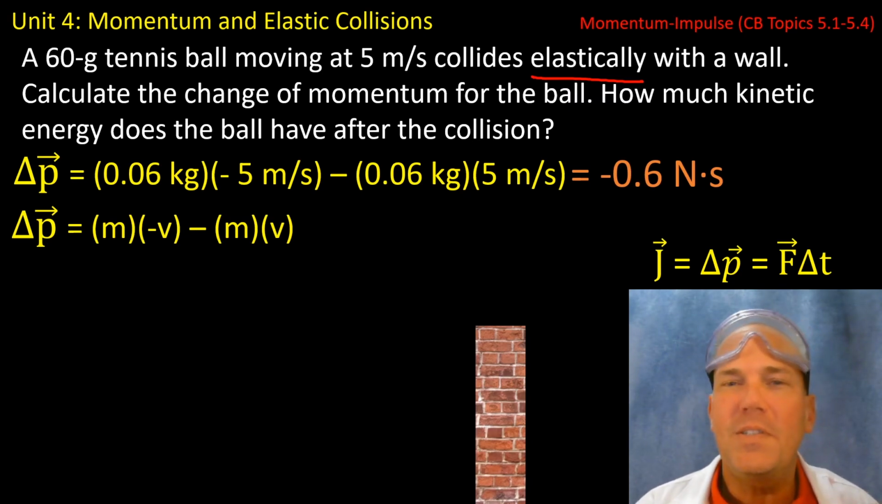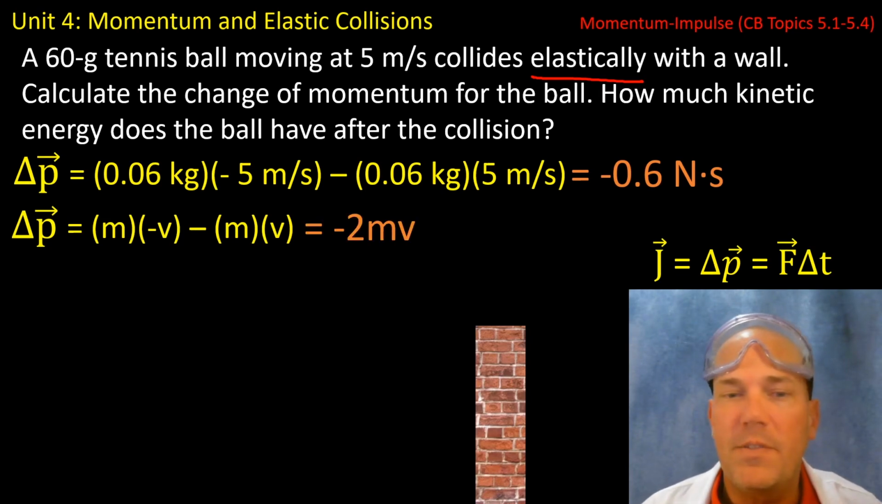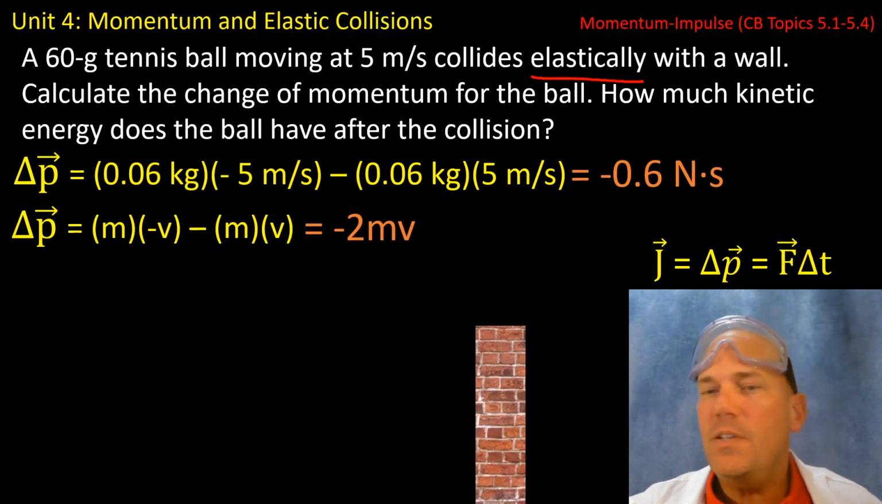Okay, so in order to do that, we've set up the problem identically. So we have paid attention to our signage here, except now when we solve this problem, we get an answer of negative 2 times mass times velocity, which is interesting